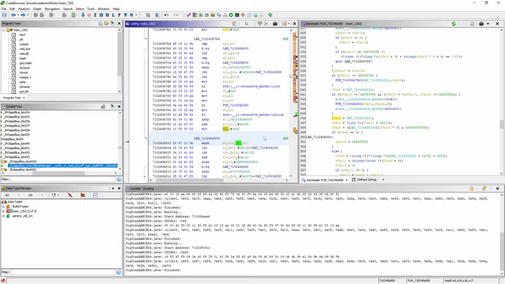All right. So this was the formula, but the base address of the table was